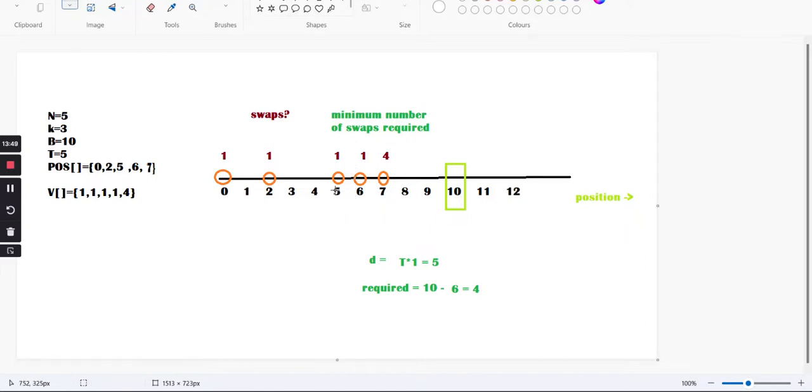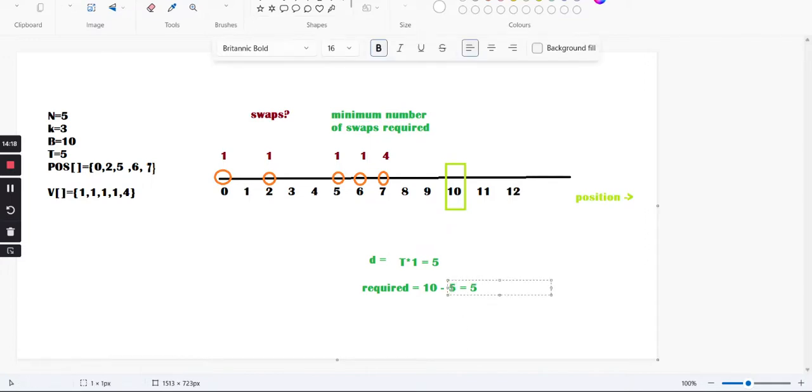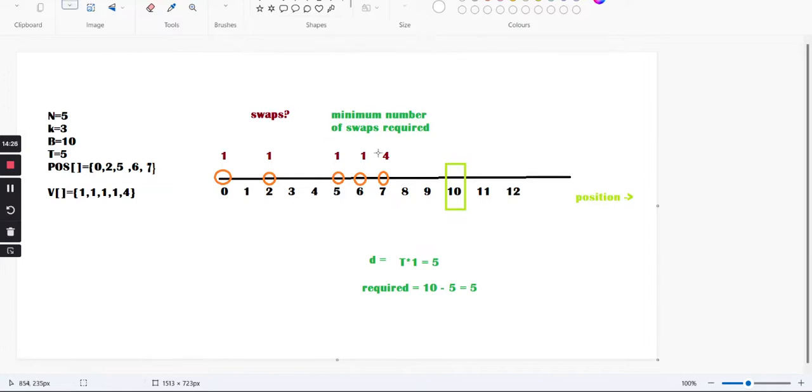Now we need to consider this sheep number 5. So now this sheep, if we see, can move 1 into 5, 5 only, right? 5 distance it can move, and its requirement will be 10 minus 5, that is 5. Since the distance which we can move is equal to the required, this is also a good sheep, so this